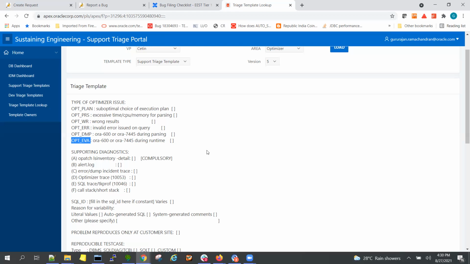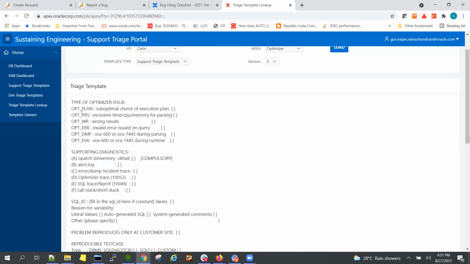You have one small area where you have to validate it. When it is a parsing phase, you don't require data here. But sometimes during runtime, it might require data. For parsing, 100%, you do not require it. For example, there is one particular famous ORA-7445 function called EVA upon 3 or something that will come. That points to a parsing issue. If you see the cursor state dump in that incident trace file, you will have that information.